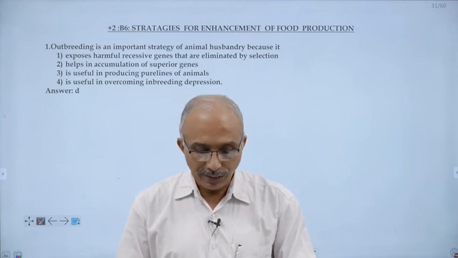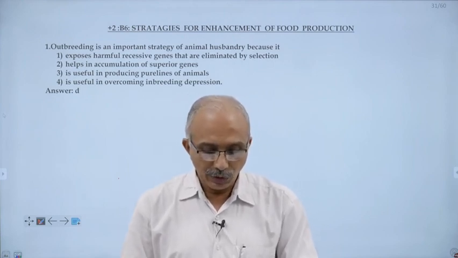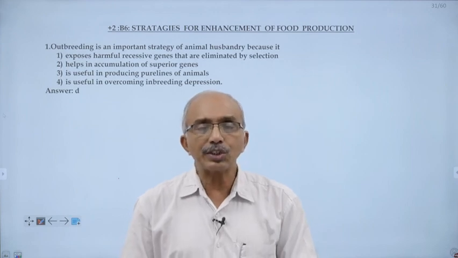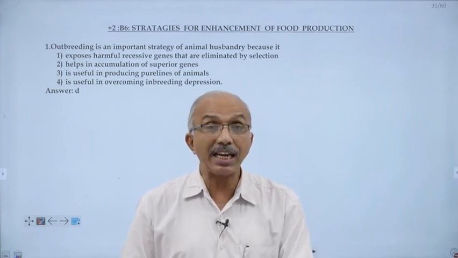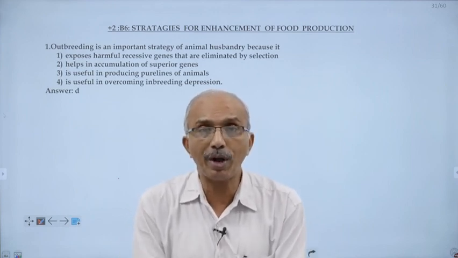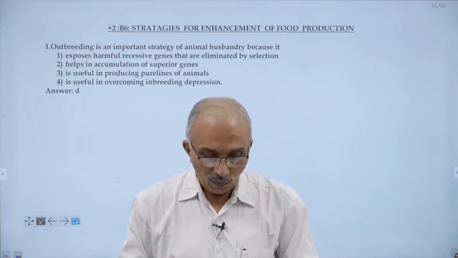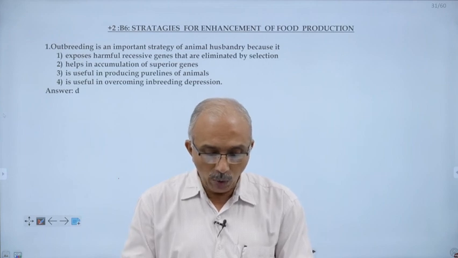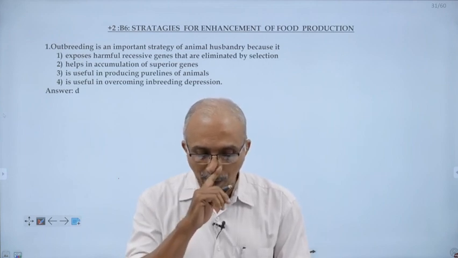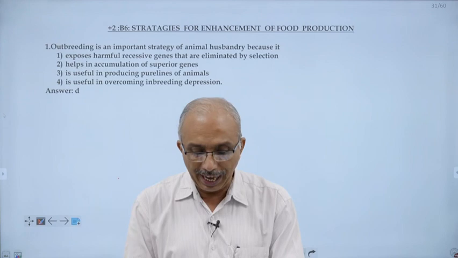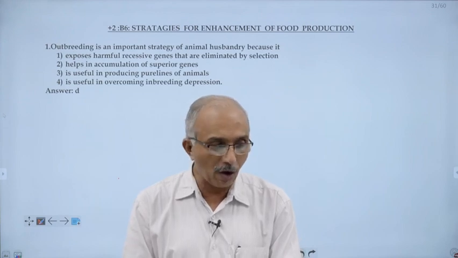Today we discuss chapter number 6, strategies for enhancement of food production. First question. Outbreeding is an important strategy of animal husbandry because it